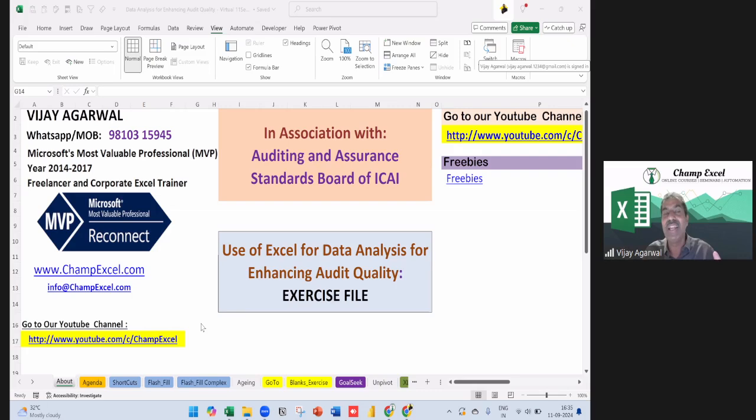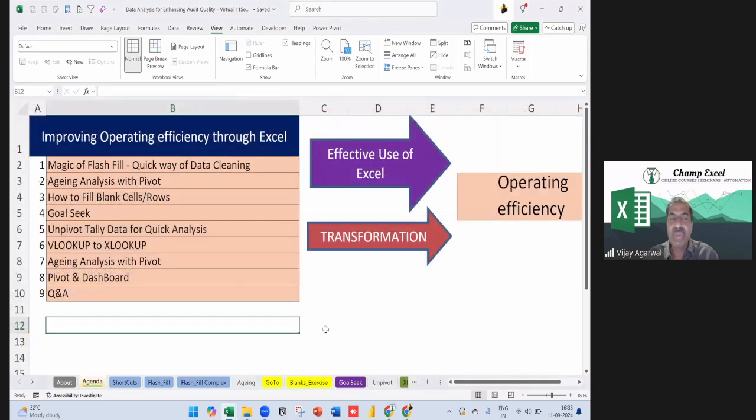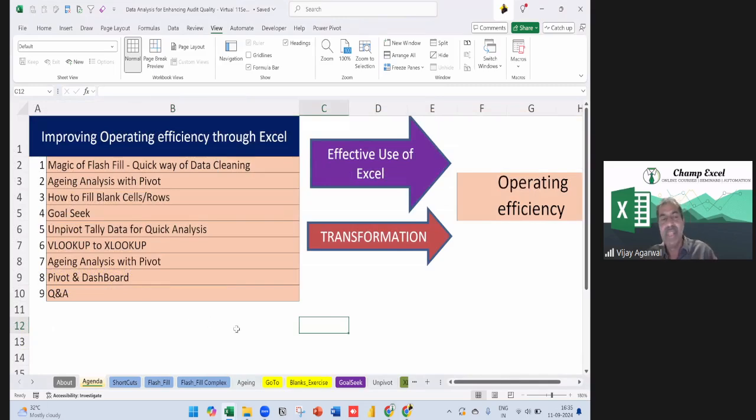I feel that Excel is an aeroplane, but most of us are not even using it like a cycle. So definitely we are going to use it. It's going to save a lot of time, and the quality is also going to be enhanced. So friends, I'm going to show something here, and also we are going to discuss